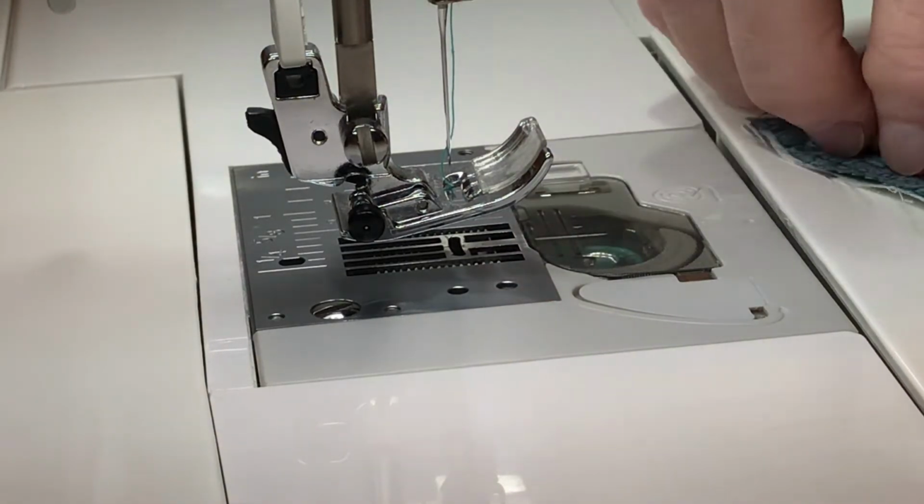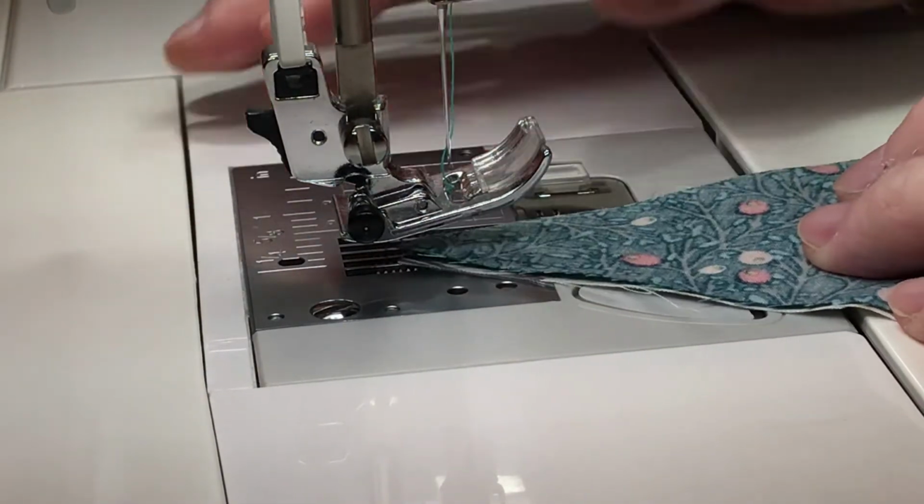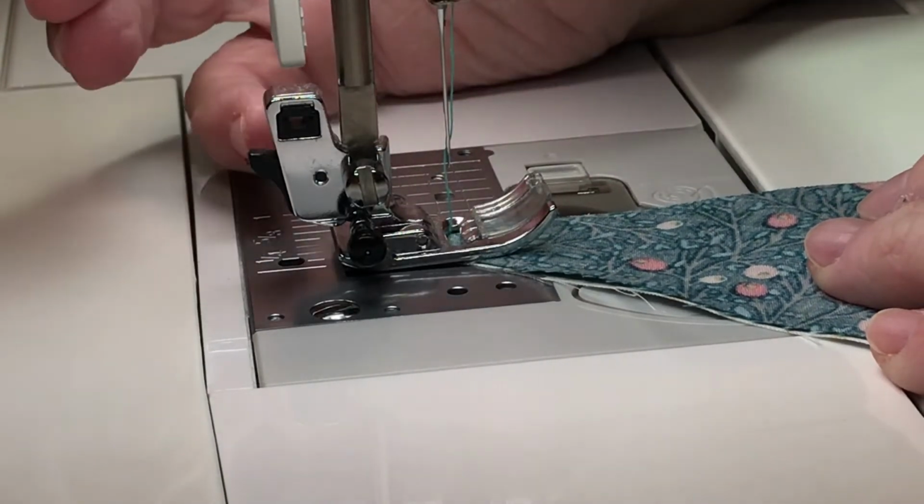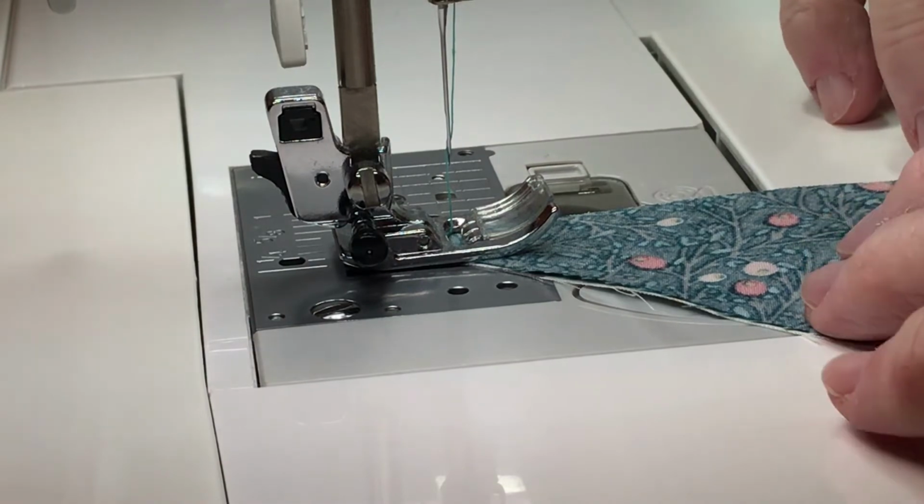Now that I've done this, I did not go back and catch that other one, so I need to go find that. So I'm going to begin already down here. I'm not going to start at the corner. I don't want any kind of jamming going on. So let's just...